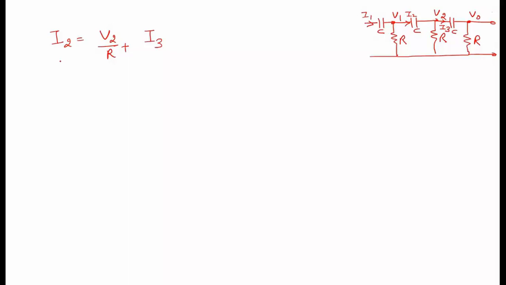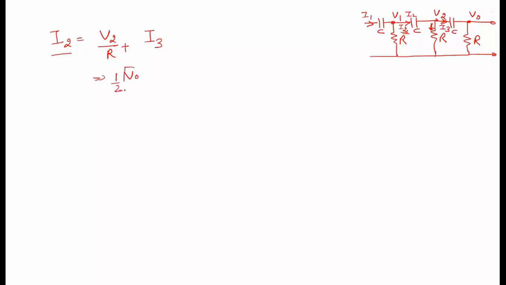And if we have to find I2, here we have the I2. Now the I2 is equal to I3 plus V2 by R. So this current is divided into two parts, one in this branch and one in this branch. So we can say that I2 is equal to V2 by R plus I3. So the current going in this branch is V2 by R plus the current in this branch, which is I3. So I2 is equal to V2 by R plus I3, and which can be written as V naught